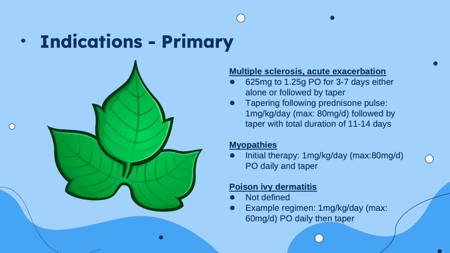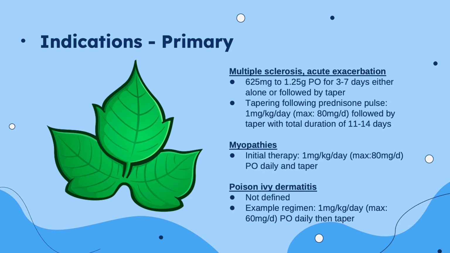For treatment of myopathies, the initial therapy is oral dosages of 1 mg per kg per day with a max of 80 mg per day as a single daily dose until improvement, then gradually taper. For continued high doses of 1 mg per kg per day for more than 6 weeks, it may increase